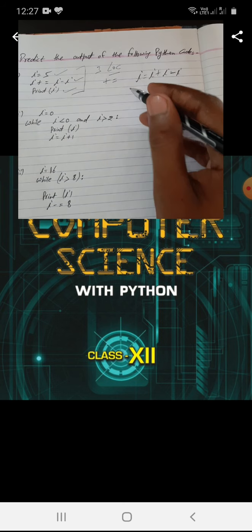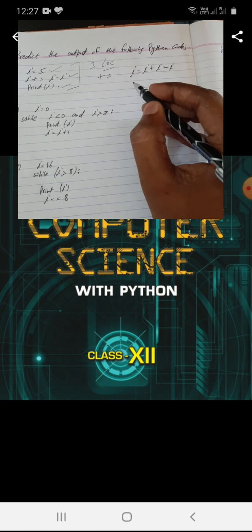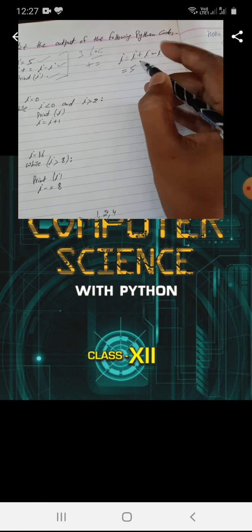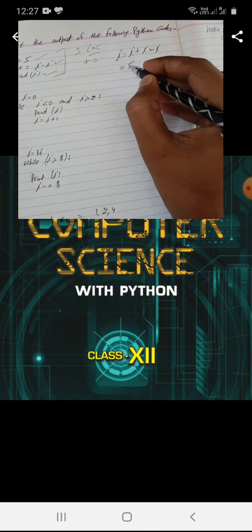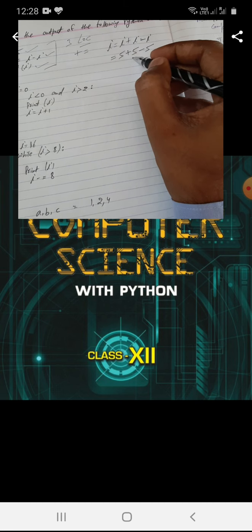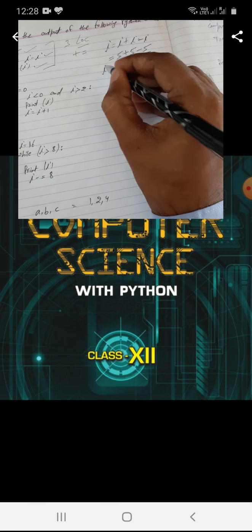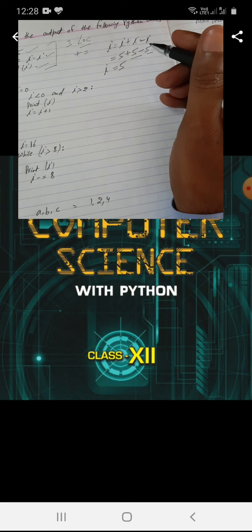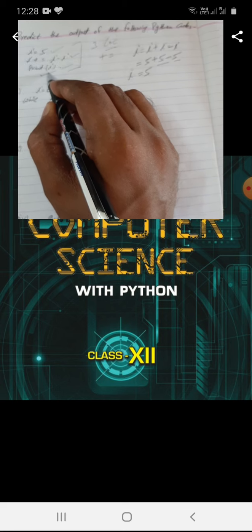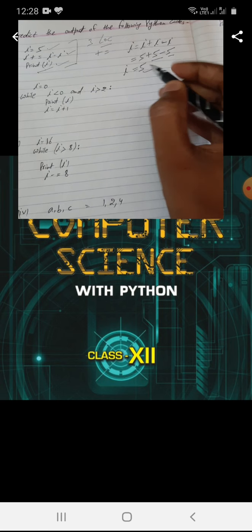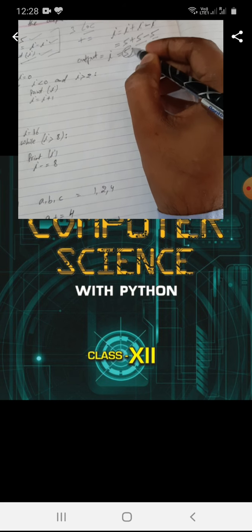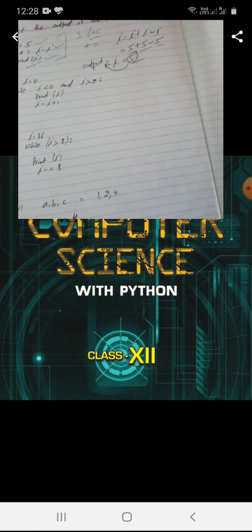It means initially we are storing the value 5 in a variable i. According to the second line of code, the value of i is initially 5, again 5 and again 5, which means 5 minus 5 becomes 0, and the new value of i also becomes 5. It means i will be passed to the print function and you will get i equal to 5. So the output of this code will be 5.